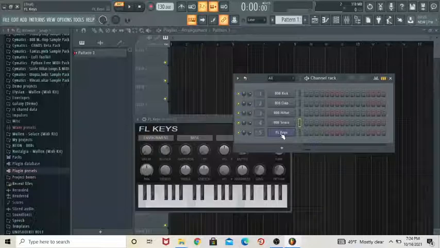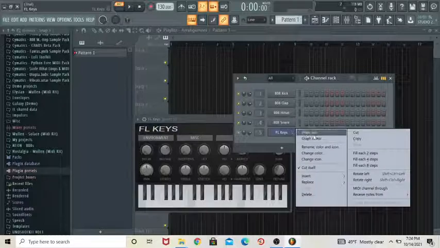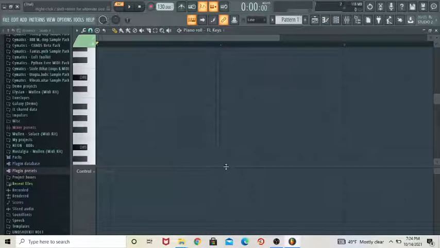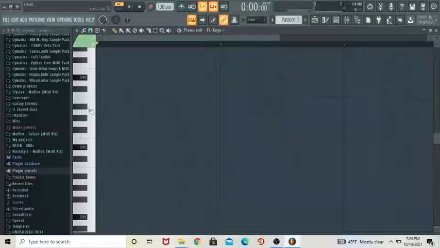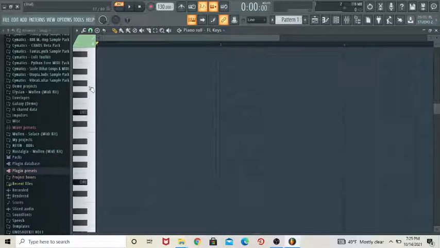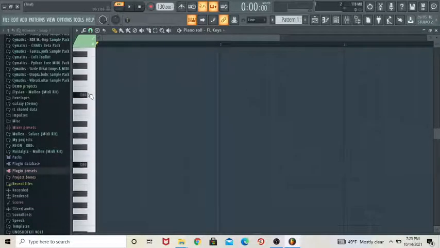Now, say if you want to lay down some piano notes, you have an idea, you want to lay down some piano notes, you would right click FL Keys, go to piano roll, click that, and then now you bring up the piano. And when you first open FL, depending on if you did anything or not during the